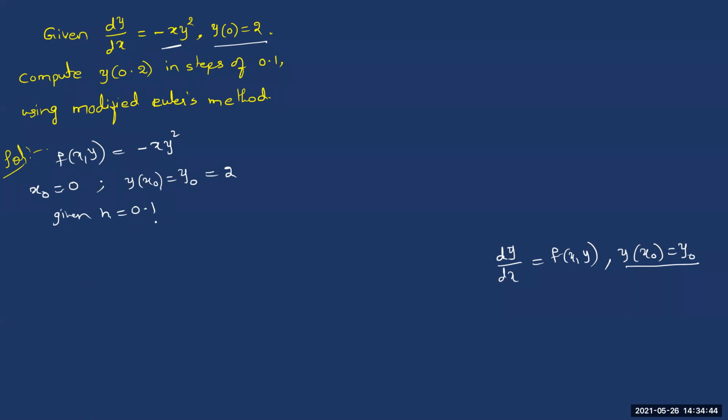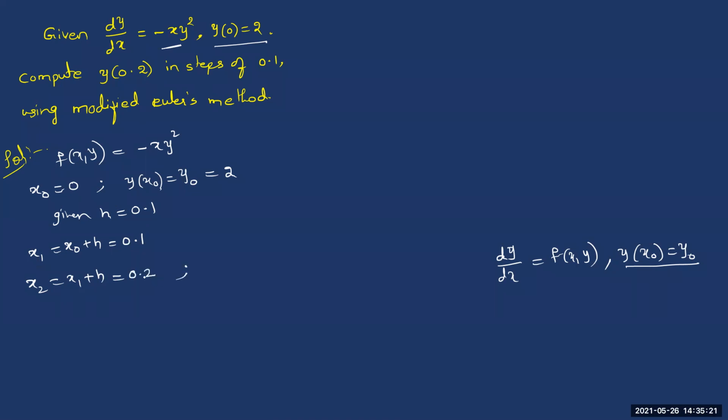Now when h is 0.1, you can understand x₁ is the next point to x₀. Always we write x₁ as x₀ + h. So x₀ is 0 and h is 0.1. You see, 0 + 0.1, we'll get x₁ as 0.1. Next, x₂ is again x₁ + h. It is a point which is at a distance of h units from x₁. So now x₁ we got as 0.1 and h is also 0.1. When you add those two, we'll get this as 0.2.